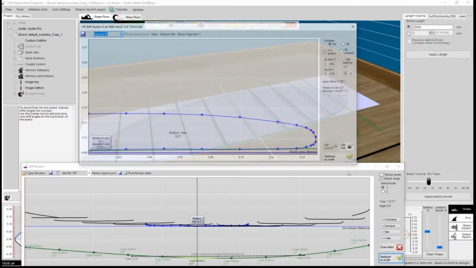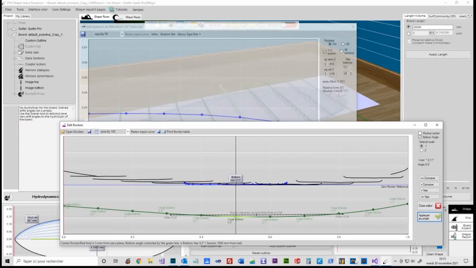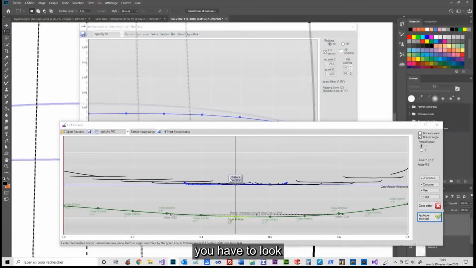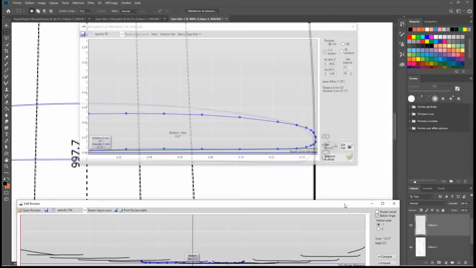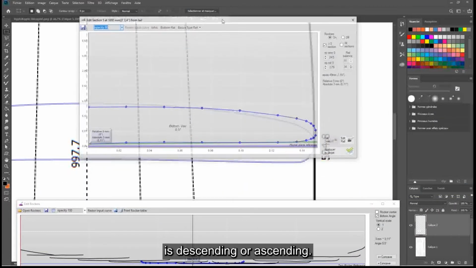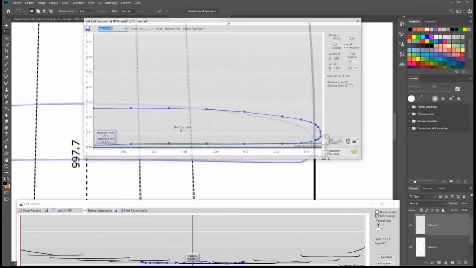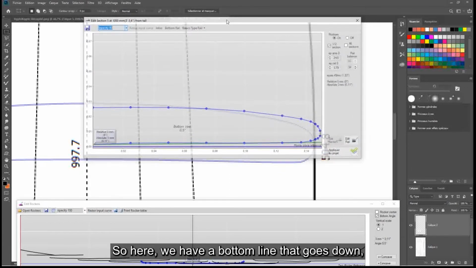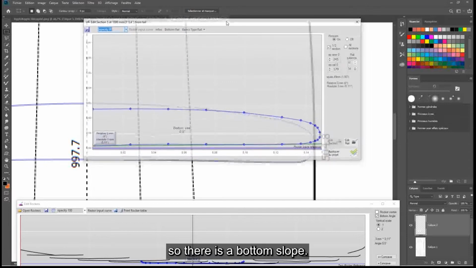So in my drawing, you have to look at the bottom line. Is it descending or ascending? Here we have a bottom line that goes down, so there is a bottom slope.